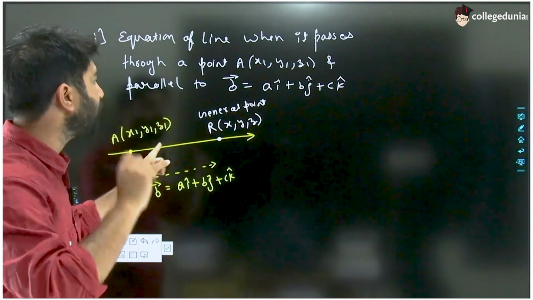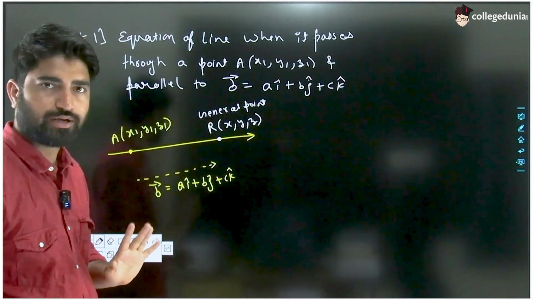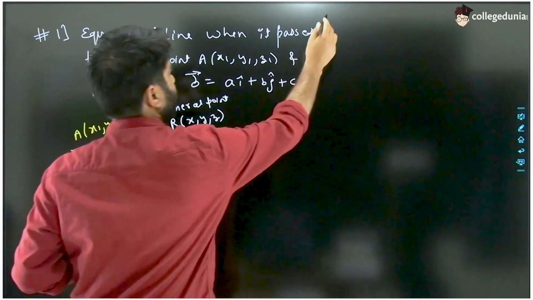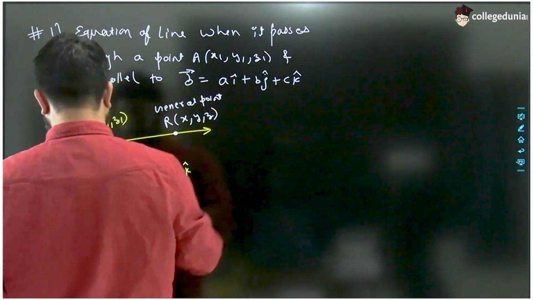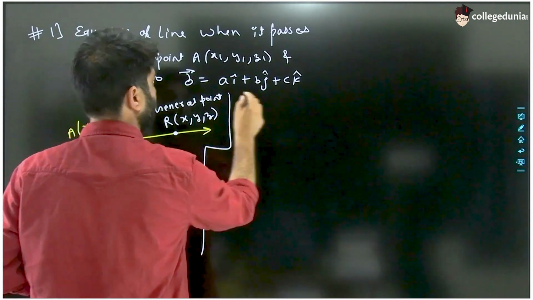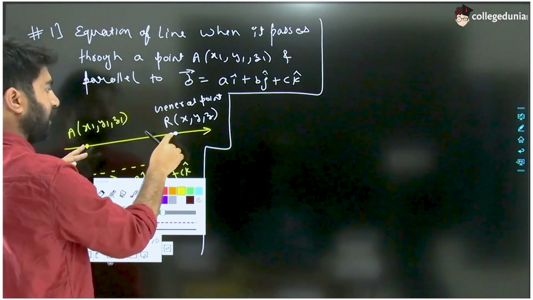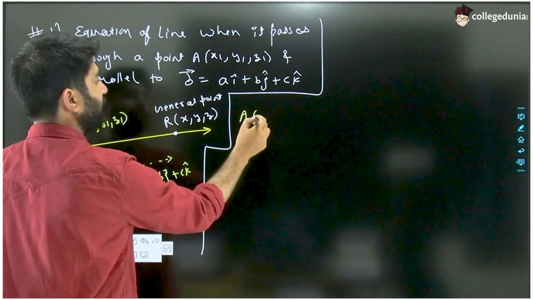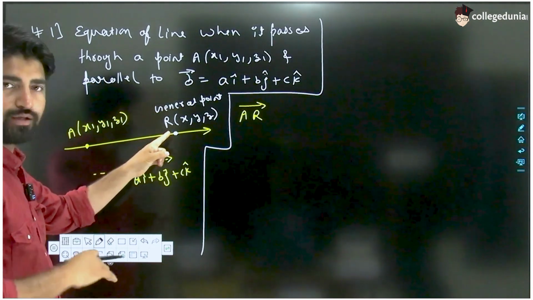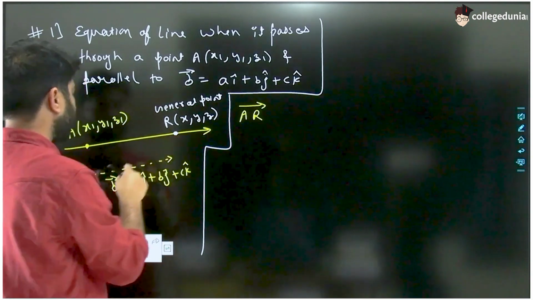So every point will be represented by this general point R, x, y and z, right? Okay, so now guys, if we join this point A with R, we will get a vector AR. And this AR and this vector B,